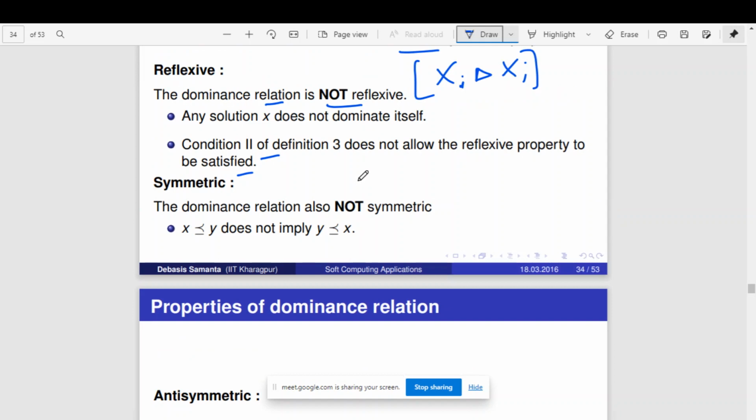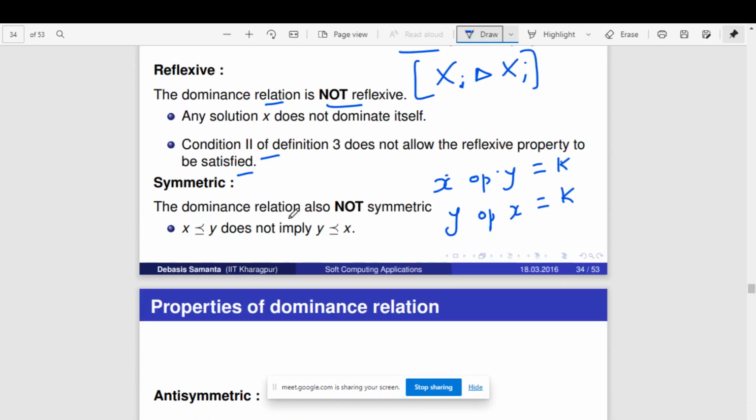Okay, symmetric. That is, if x is less than or equal to y, that does not mean that y is less than or equal to x. Right? So you cannot interchange these variables. For example, if there is an operator x op y, and it gives the same result as y op x, say some k as the result, then you can say that this is symmetric. It is x operation y and y operation x being the same, but this is not symmetric.